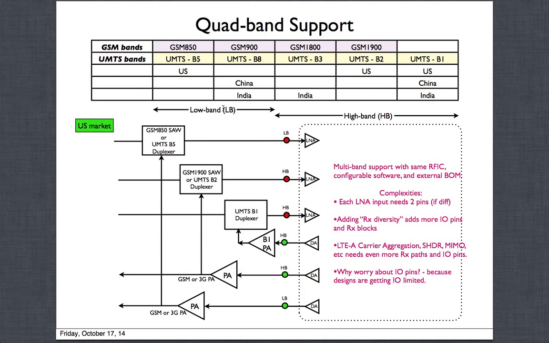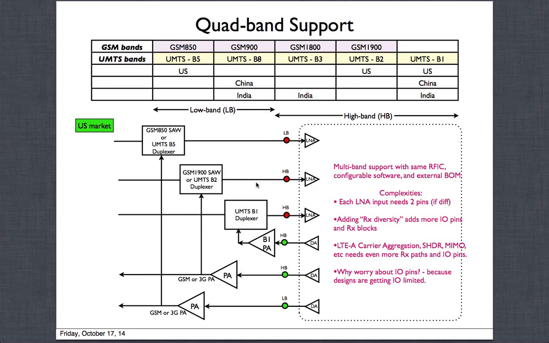One thing you can see is that I've tried to annotate something called LB. LB is low band and HB is high band. Typically when we do these designs, we call low band the frequencies up to around 900 megahertz. So in this presentation, I will use LB, or low band, for frequencies up to 900 megahertz. Anything above that, 1800, 1900 megahertz and upwards, we'll call high band. That is a convention we'll follow here.